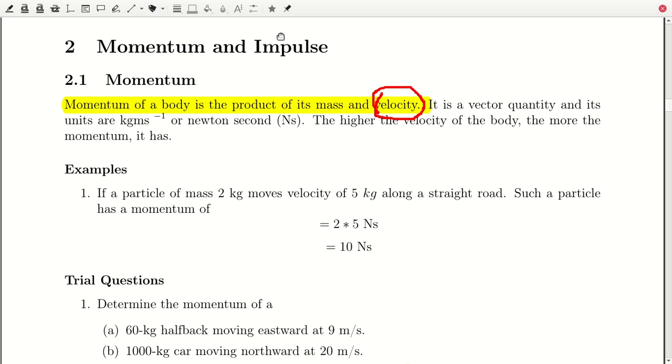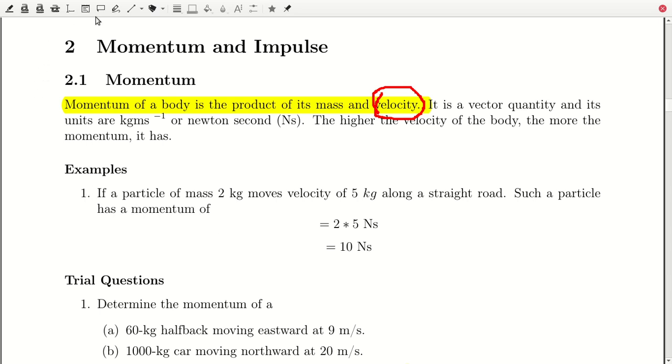If a particle moves at a higher speed, it moves with a bigger momentum than a particle that moves at a lower speed. So you can imagine, for example, if we are hammering a nail in a table, in wood, you need a bigger momentum. You have to hit it with a bigger force for it to enter than when you use a smaller force. It means you have to hammer it with a much higher speed, because if you hit lightly, most likely the nail will not enter the table.